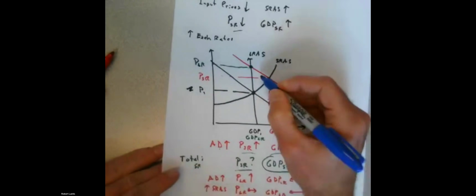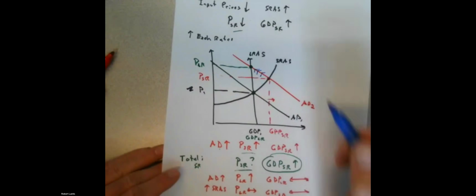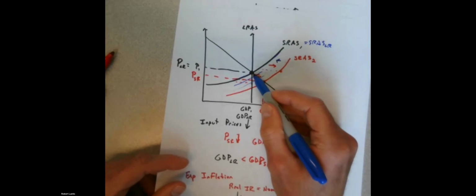Okay. And we said we know prices are going to have to increase to get to that long run level because of that aggregate demand change. But notice that the short run aggregate supply change also means that prices have to go up in the long run. So we have an inflationary gap. We know that the GDP is too high. We're then going to see what in response to that? We said anytime there's an inflationary gap,